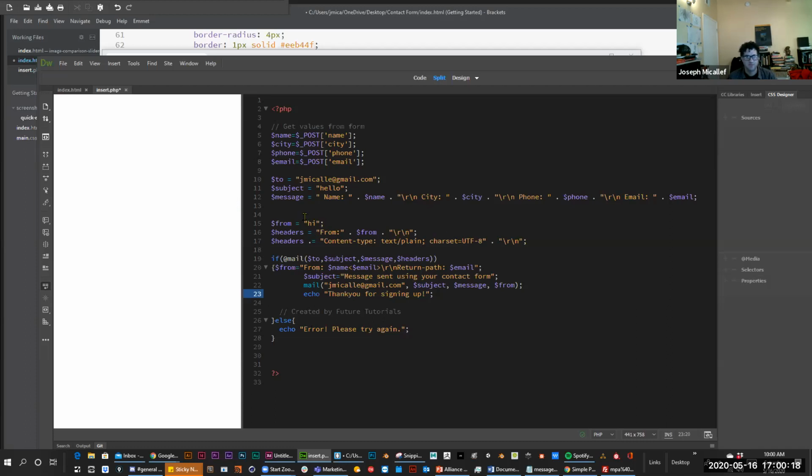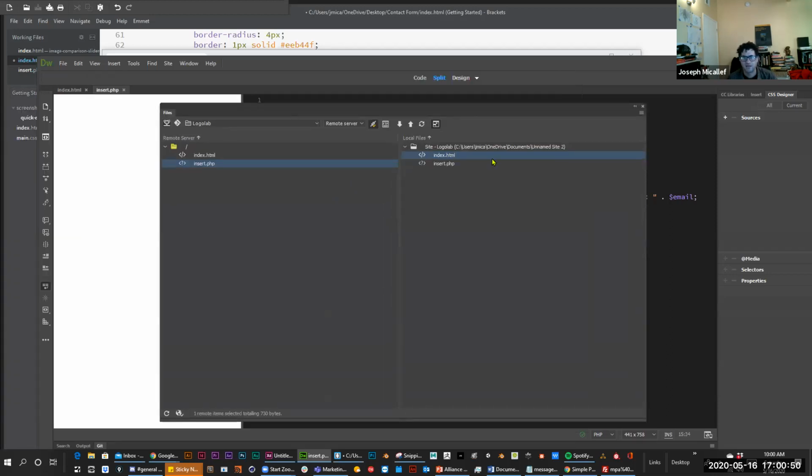also just for fun, instead of from hi, you can say something like new user has signed up. And that's basically the subject line of the email. So I'm going to save this. And it's saved in Dreamweaver. It's saved where the files reside within my documents folder here. So it's been saved here, and now I'm going to drag it over